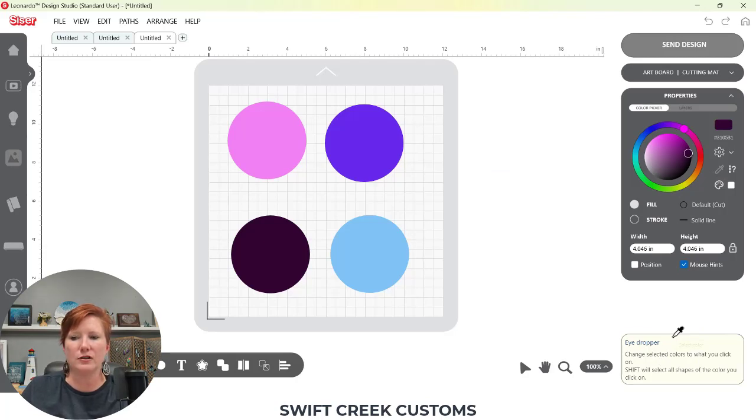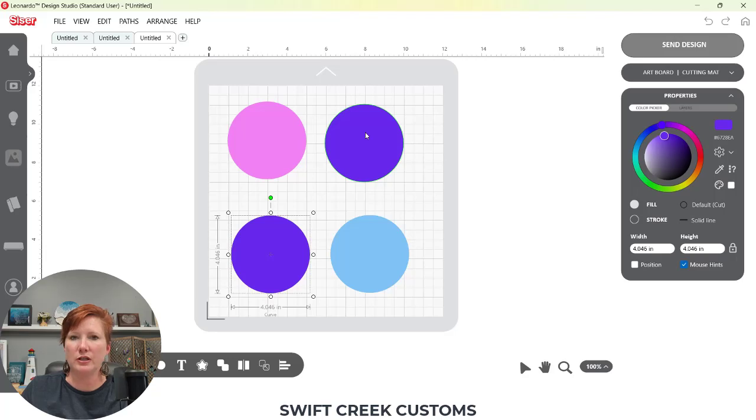Change selected colors to what you click on. Shift will select all shapes of the color you click on. So if I choose the purple, it's going to change the selected object to purple. So if you have an image that you have pulled into your Leonardo Design Studio software and you want to